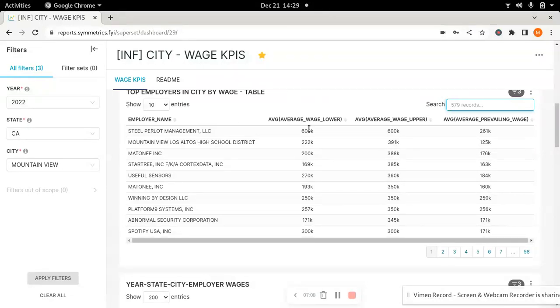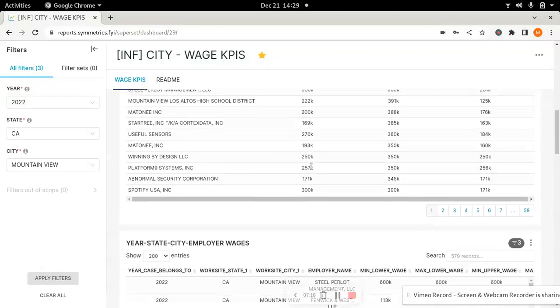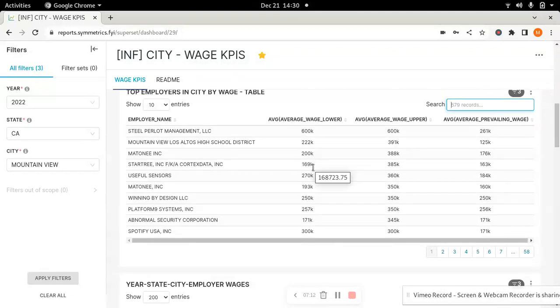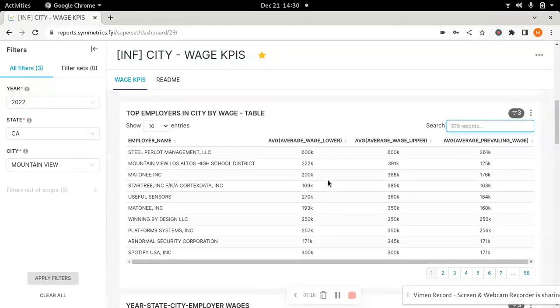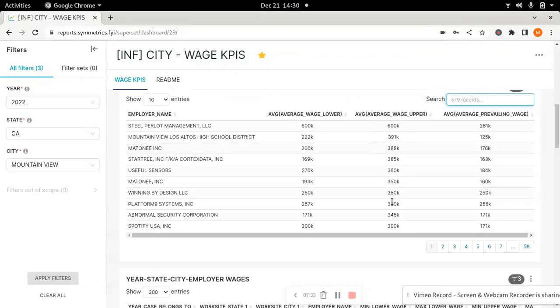If you're getting paid lower than the average wage lower for that particular job at that particular employer, then you definitely have to introspect a little bit more in terms of why it is, and should raise questions about why. Now, if you're a very talented person, then you should be looking to aim your salary at a number that is closer to average wage upper. Okay, so that's the overall guidance.